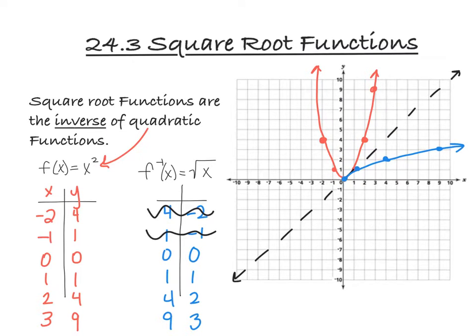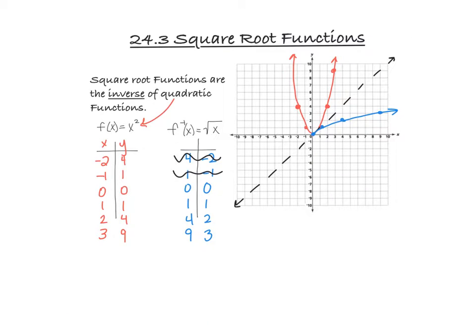So the last thing that we need to take a note of is just a comment about domain and range. All right, so for our original function, and remember an original function is called a parent function. And so for our quadratic parent, we're going to have domain is all real numbers, and range is going to be y is greater than or equal to 0. And that's because this lowest y value is 0 right here in the middle of the